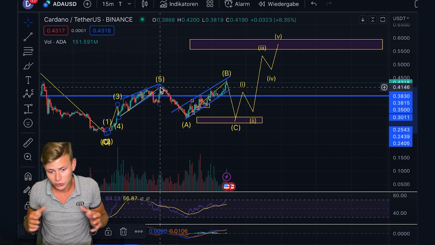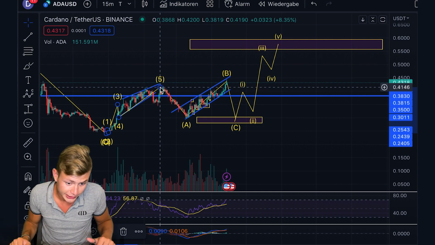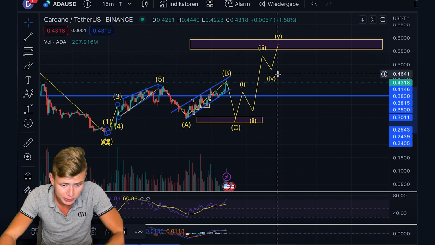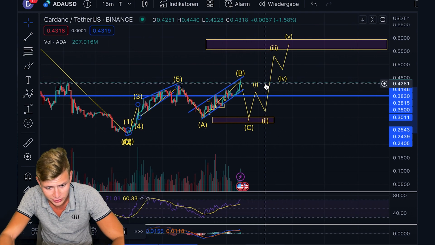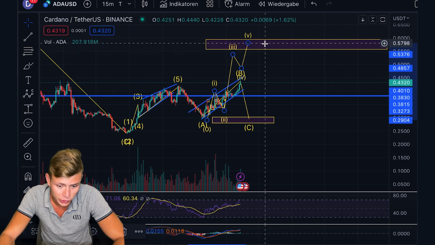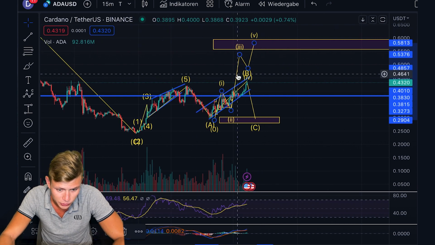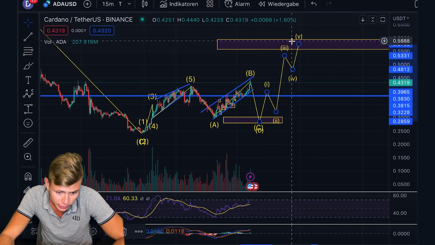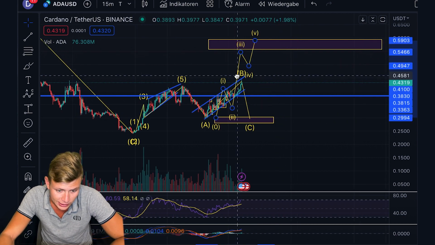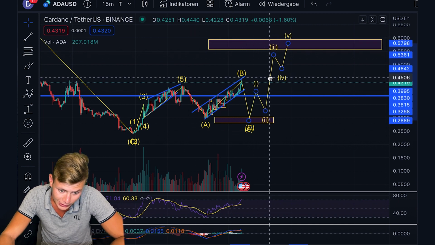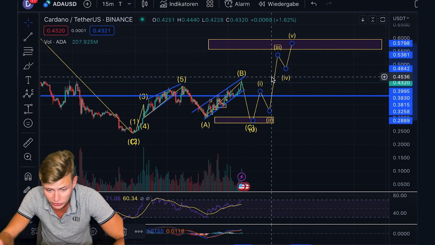So I don't want to really focus only on one scenario here. I want to prepare you with both of them. I want to neutrally update you here about those options. And whether we are coming down or not, the bullish target would be here around the 60 US dollar cents. One of the options is that we are coming down once more in target area before we come up. The other option is that we are right now already in this breakout scenario. So I cannot tell you right now which of those is more likely.